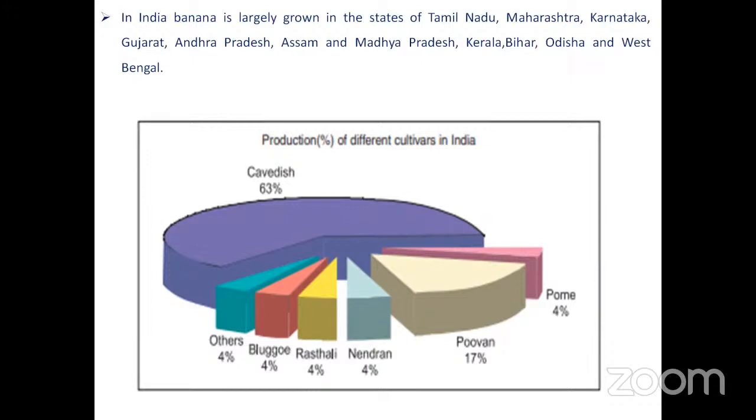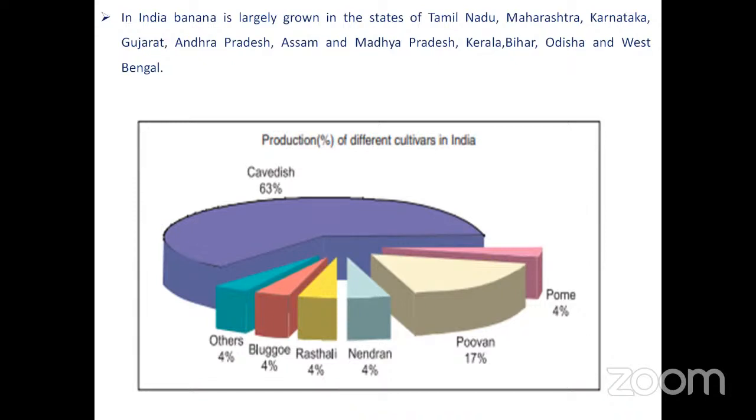According to the local needs. Though more than 20 varieties are grown commercially, Cavendish banana has the major share, about 63% of the banana production in India, mainly due to its short duration, maximum high yielding capacity, wide market acceptability, and also high economic returns per unit area. And Poovan is another important variety,